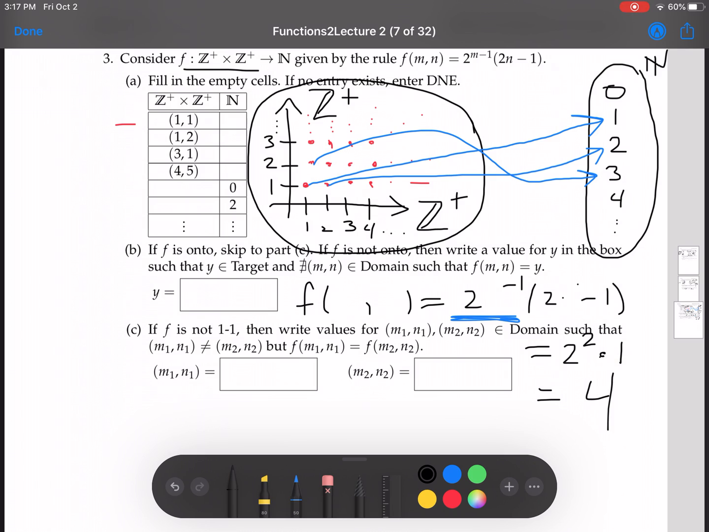To get that 1 there, we'll put the 1 there, right? Because that's how we have 2 times 1 minus 1, that gives me 1. And then if I need a square there, so what minus 1 gives you 2? Well, that's 3, right? So you have 3, 1. So f of 3, 1 gives me